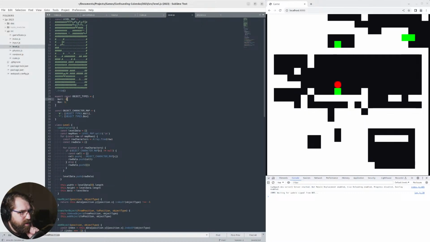What I think I should do is use bits to represent the objects, and then bitwise all of them together, and then I can do bitwise checks to see what's in there, and that'll help me when it comes to, because I'll have basically the equivalent of